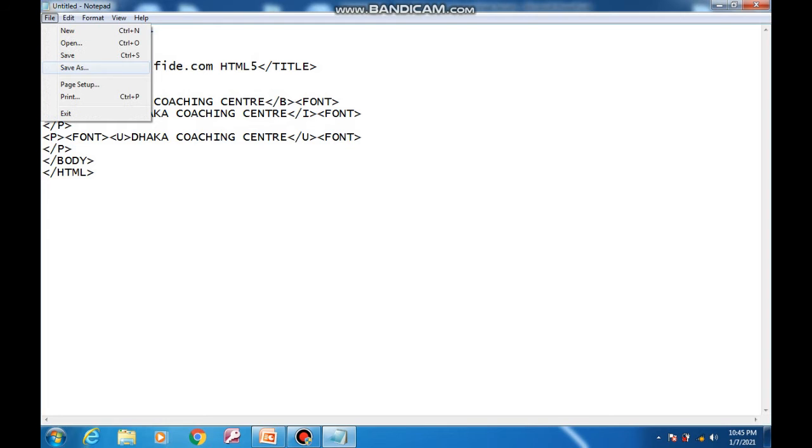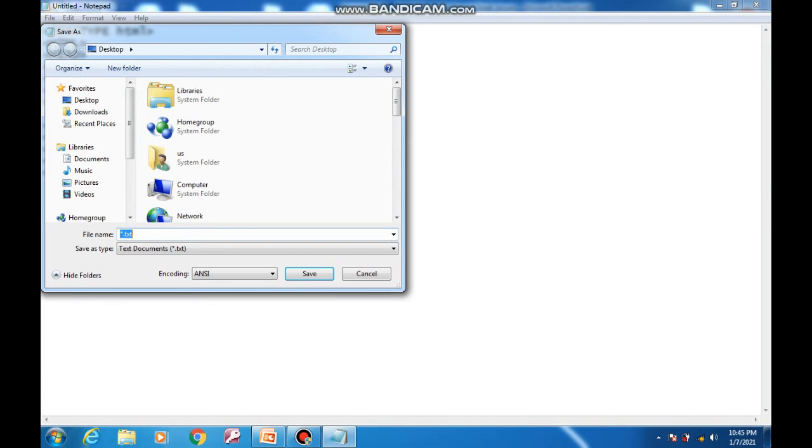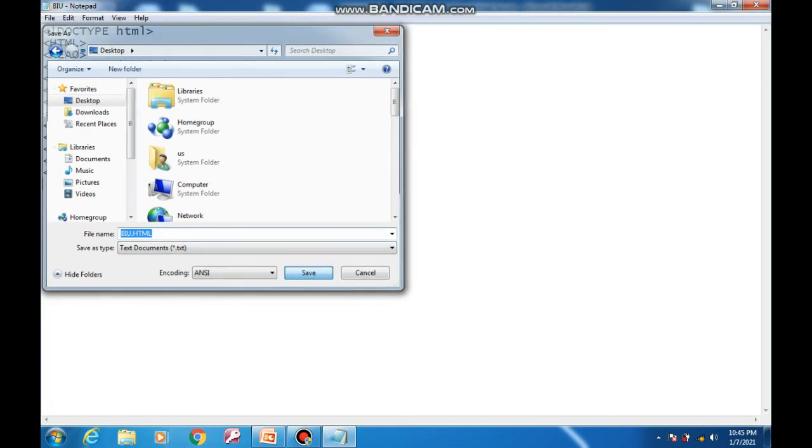Go to the file menu and save the program like this. I write the program name, bold, italic, underline .html, and save the program on the desktop like this.